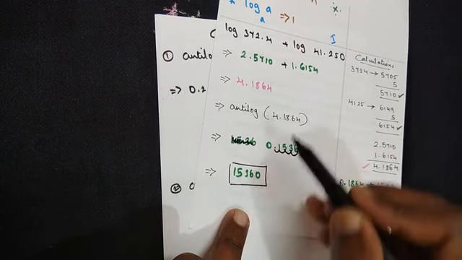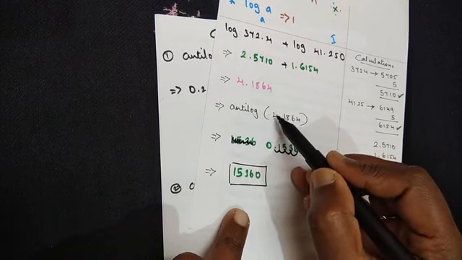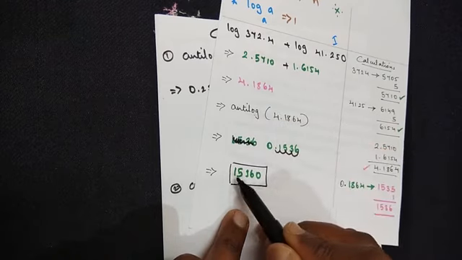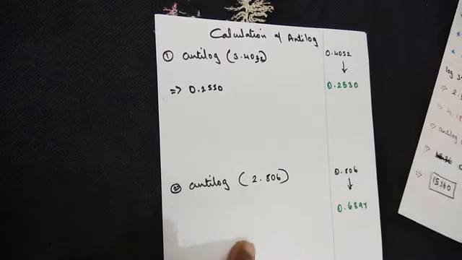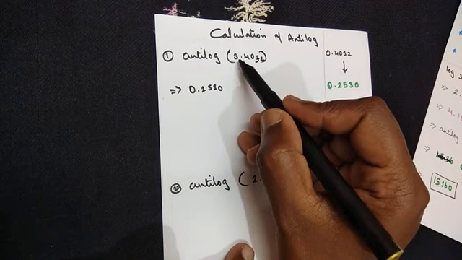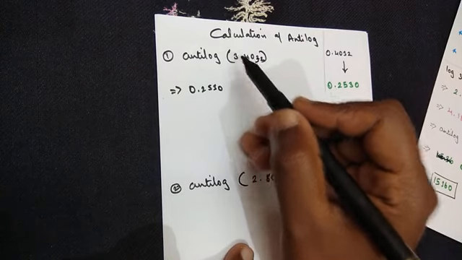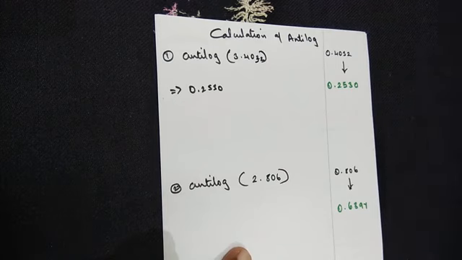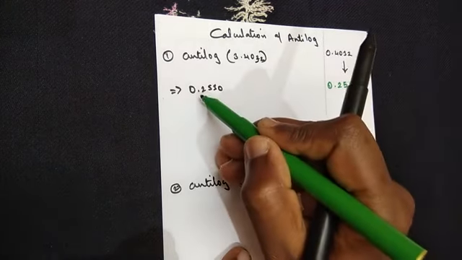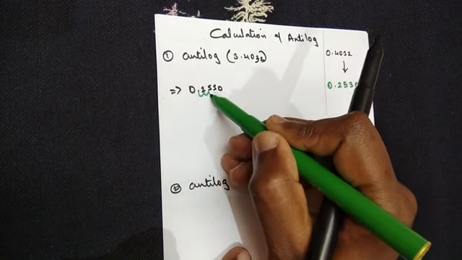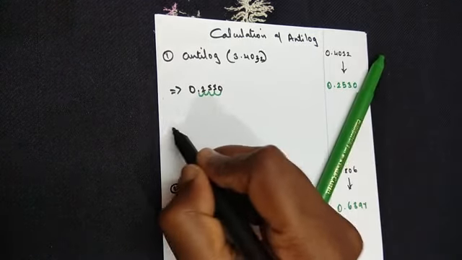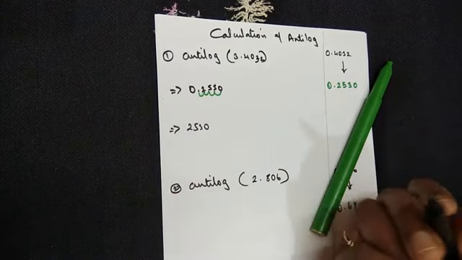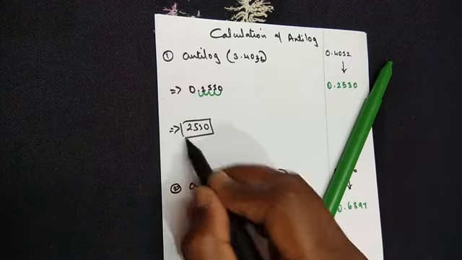If you remember the very first class on calculating the anti-log, I told you, if you are given 4 before the decimal point, finally when you write the answer, add one to the given number. 4 means you add 1 to get 5, so you move 5 places. Similarly in this case, what's the given number? 3. If you add one more to it, 3 plus 1 becomes 4. So move 4 places towards your right: 1, 2, 3, 4. So your final answer will become 2530. After this decimal point, you needn't keep anything. So this is your final answer.